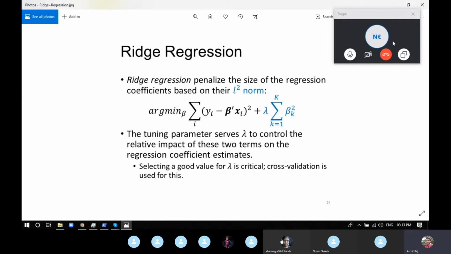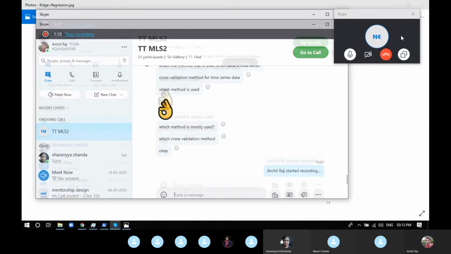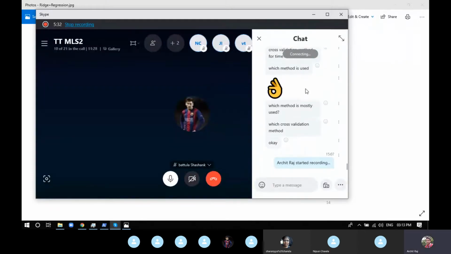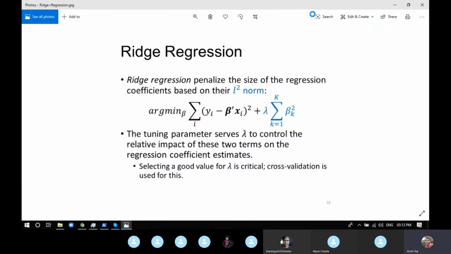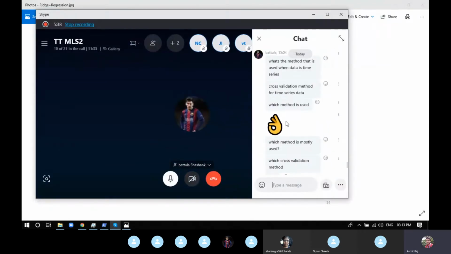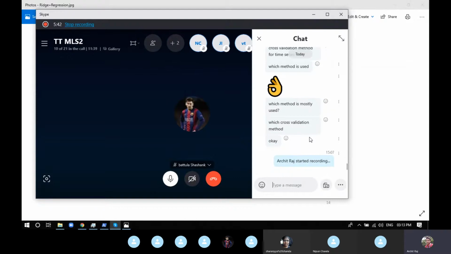There is, let me, okay, what happened? Why is it disconnecting? Hold on. Can everyone hear me? Just type yes or no, something to show that you can hear me, because I'm getting an unstable connection notification on my screen.